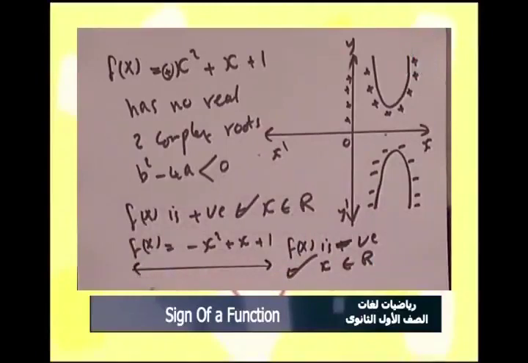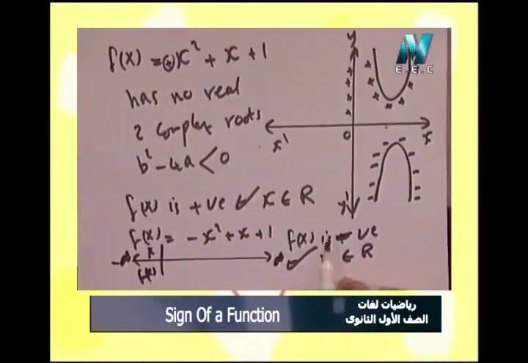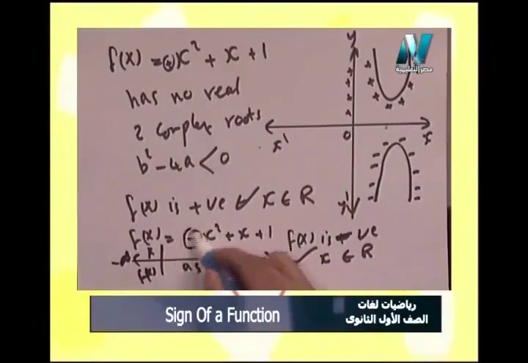here x, here f(x), negative infinity and positive infinity, so the function will be as the coefficient of x², which is negative here, so it's negative all the time. So now